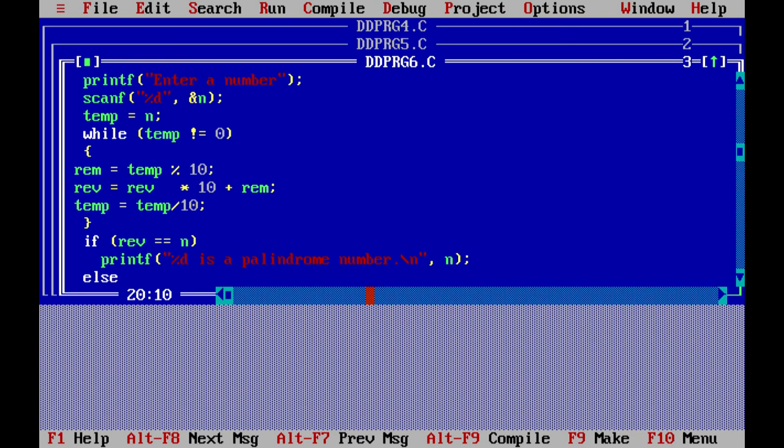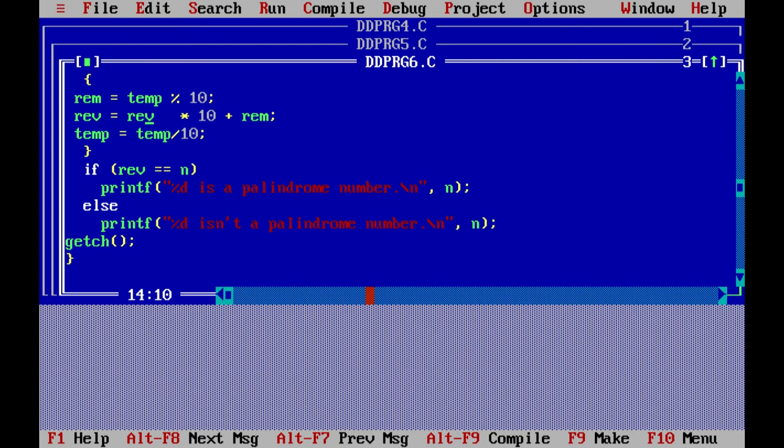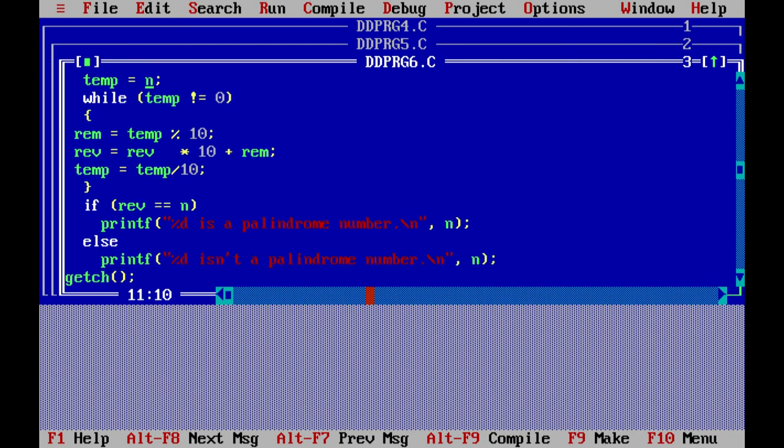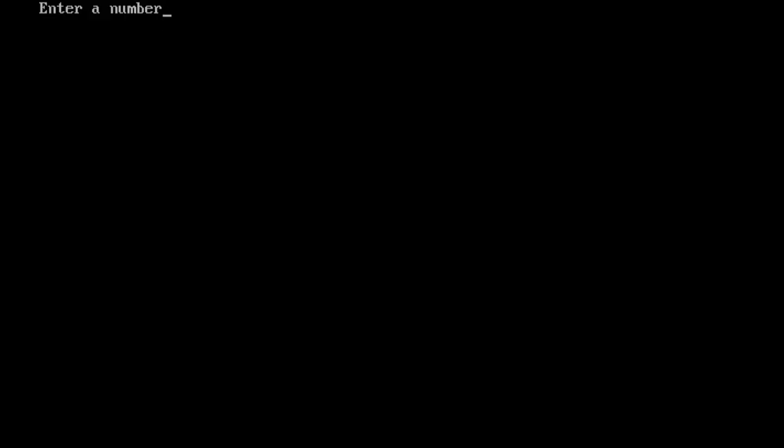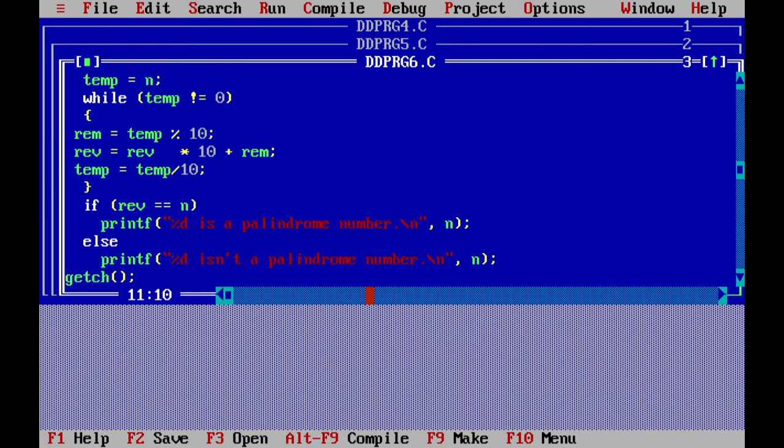Okay, now I have to run this program. So before that, compile it, Alt plus F9, yes, then Control plus F9, enter a number. Suppose I am writing 4, 5, 6. Now it is not a palindrome number. Okay. Now again I am compiling, Control plus F9. If I am writing 1, 3, 1, yes, it's a palindrome. Okay. So in such a manner you are able to check, and this is the main logic. These 3 steps are the main logic.